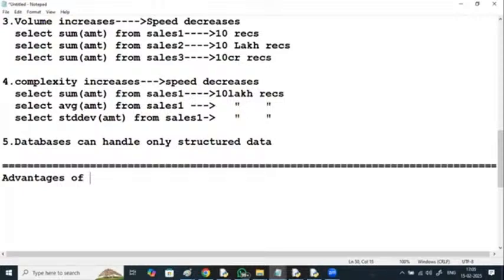Secondly, very high speed processing. Because of this parallel processing, it can handle all varieties of data.